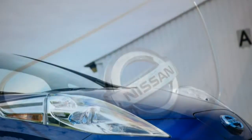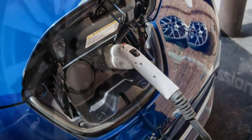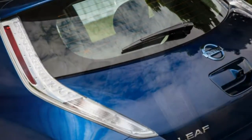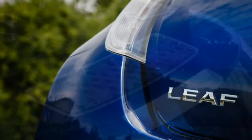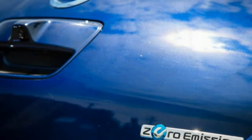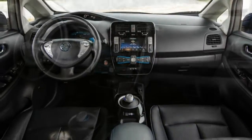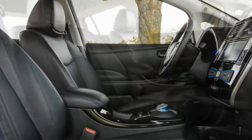Not exactly quick. A stronger battery doesn't affect the Leaf's power output, which remains at 107 horsepower and 187 lb-ft of torque. Translation: it's still quite slow. A 0 to 60 mph run takes 10.4 seconds, which won't impress your passengers the way a Tesla will, to say the least. It's also slower than a Volkswagen e-Golf at 9.4 seconds or a Ford Focus Electric at 9.9 seconds, and lagged 0.2 seconds behind the last Leaf we tested, in 2013,